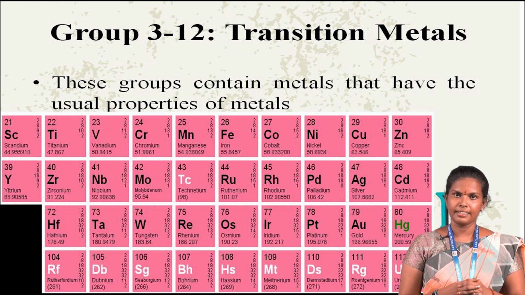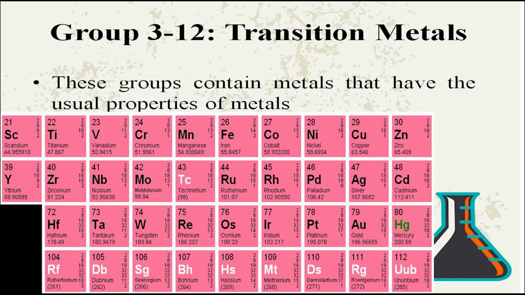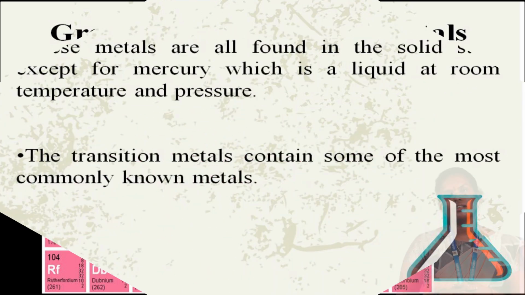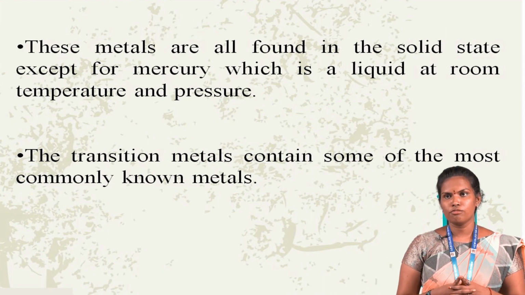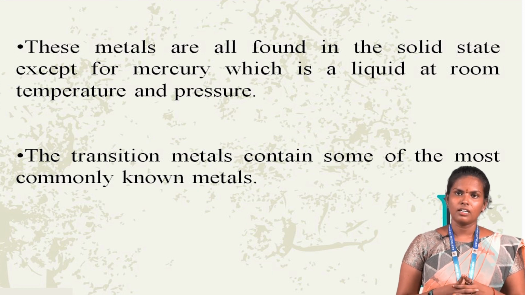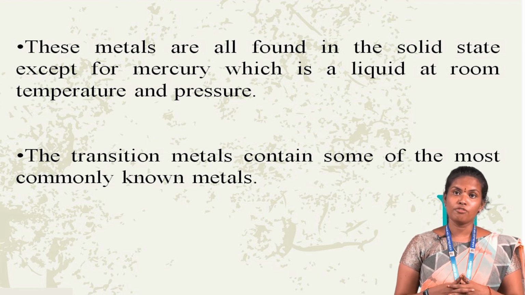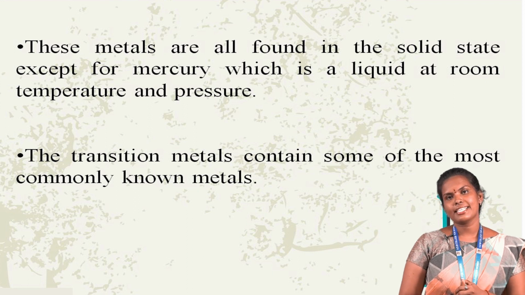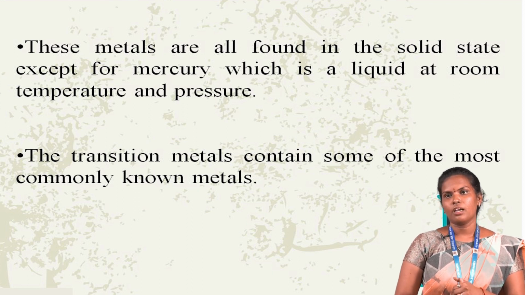These elements contain metals that have the usual properties of metals, that is lustrous, malleable, ductile and electrically conductive. These metals are all found in the solid state except for mercury, which is a liquid at room temperature and